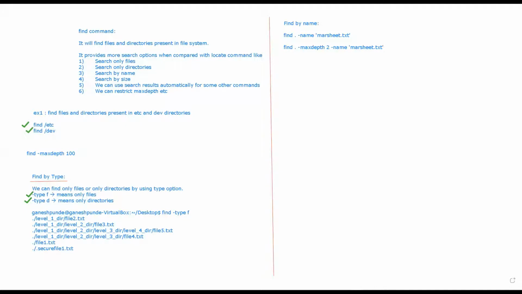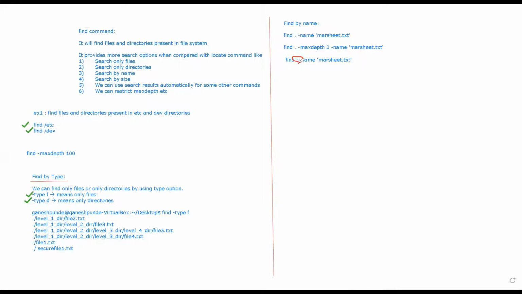Now, if you want to ignore the case, let's say your marksheet file name is in capital letters. You can say find hyphen iname marksheet.txt. Now this will find the names with case sensitivity removed, by using the hyphen i option.